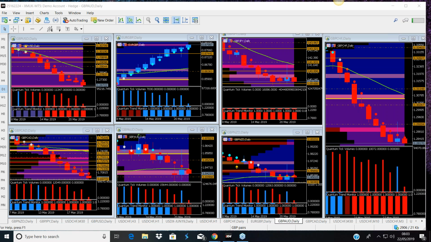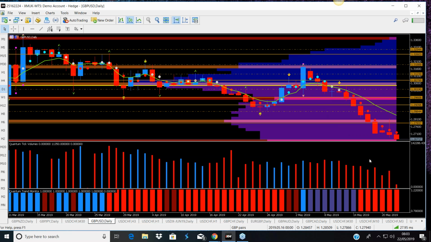London has actually opened. Let's have a look. Let's just bring up cable. Most traders trade on cable. Again, a lot of the trends that we've seen on the charts have been the break away from the volume point of control here. This is where we have volume meets price meets time, and it's where there is,